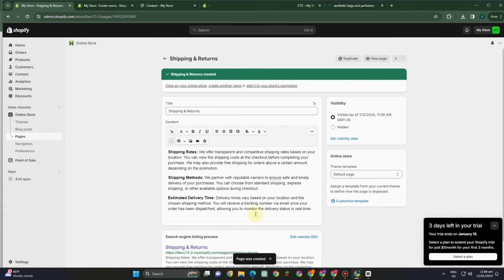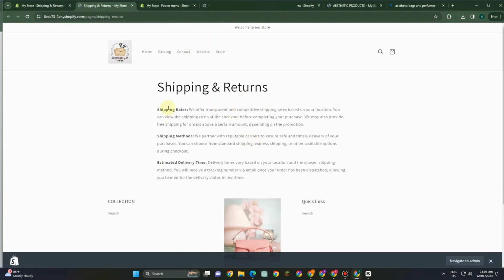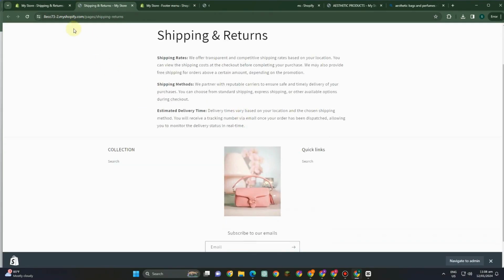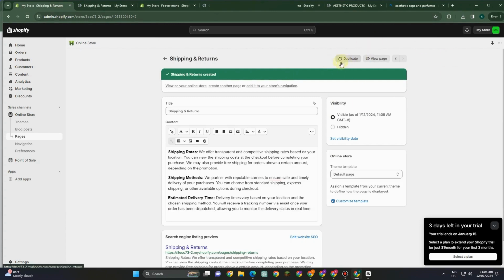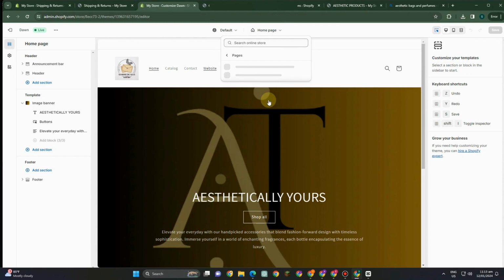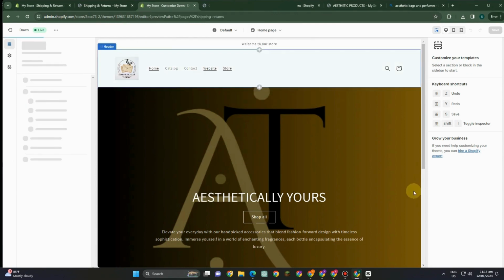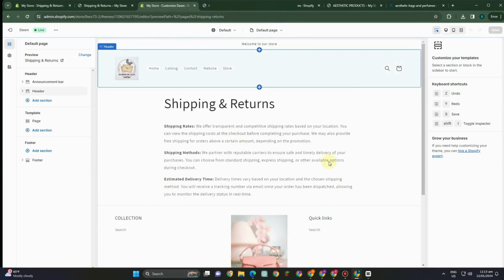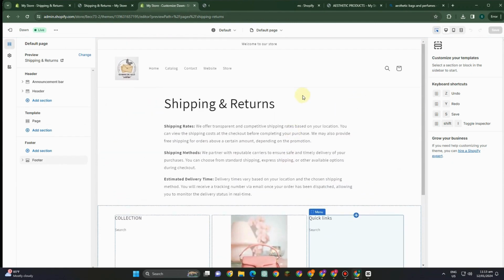Here, we have added the page for our Shopify store, which is the shipping and returns. You can add more pages if you want to. This is what it looks like, and here is the information. If you want to preview, just tap view page. Or if you want to modify some changes or settings here, you just have to simply go